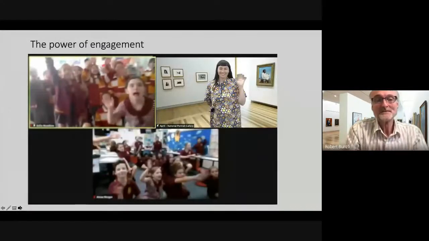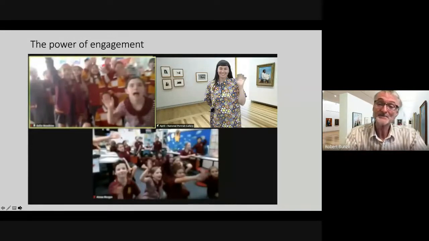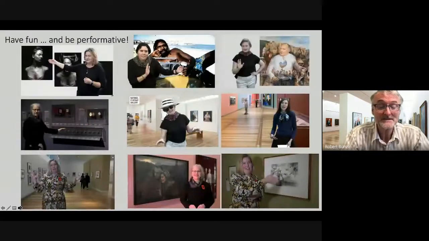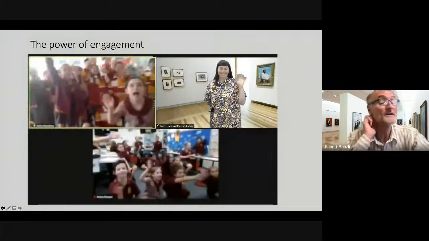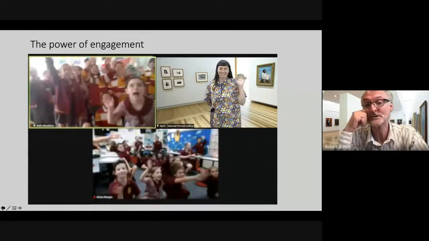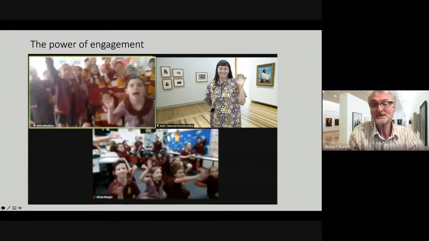So I suppose one of the learnings that we've got is that engagement is actually pretty easy once you learn a few simple techniques. One of these is if you can get a separate camera and not be using just the webcam that's on your laptop or your computer, you can get yourself into the picture in a full body sense like this, and actually engage with your audience using all of your body language and not just your head and shoulders, so that you're not just a talking head. And this can really help you engage with your audience.